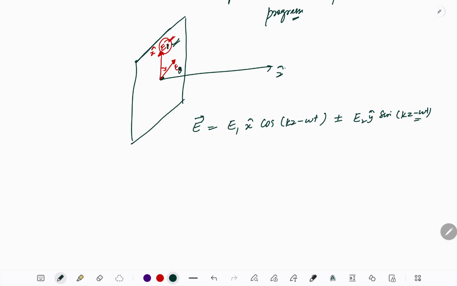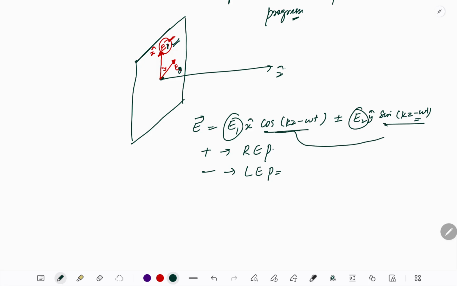I hope you got it. If there is plus, it is right elliptical polarization. If there is minus, it is left elliptical polarization. Again, amplitudes are different, but one more thing, this phase difference should be there. One has to be cos and the other has to be sine. That is very important. Now I'll give you certain examples so that you decide whether it is linear,